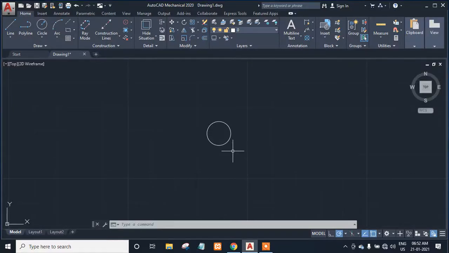Today we will design the gear and gear teeth and what commands are important. I will show you step by step. So please be with me and watch the tutorial carefully. Don't skip the video. So first of all, we will take the construction line vertical and horizontal for making the